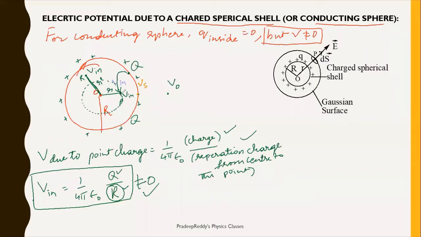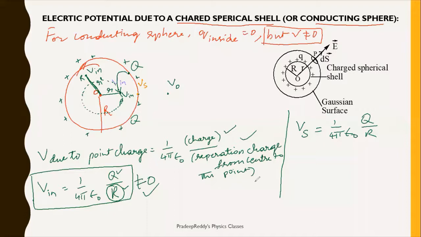If you take small r here inside, it is meaningless, because at the point where small r is located, there is no charge. So you should not take that charge and separation inside. You should always take the charge on the surface and the separation also on the surface. Now on the surface, the value will be fixed: potential on the surface will be equal to 1 by 4 pi epsilon naught, charge on the surface is capital Q, charge is at a distance capital R. This is on the surface.